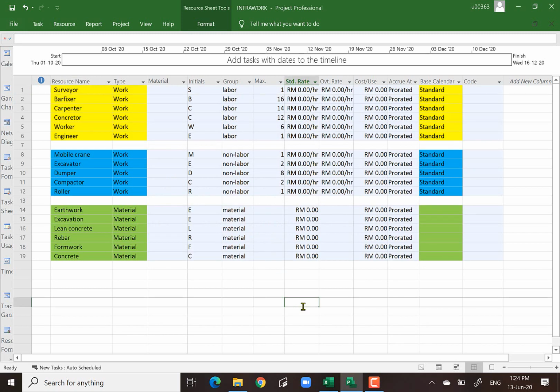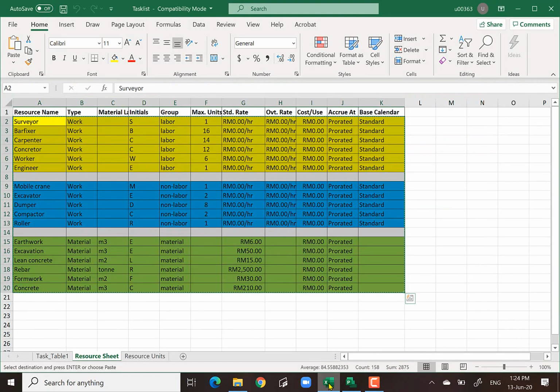Okay, you see, all these, the one that I already prepared in Excel, are already input here, but you notice that some information is not being copied properly. For instance, this one and this one are not being copied properly. I do not know why, but never mind. We can just simply go back to